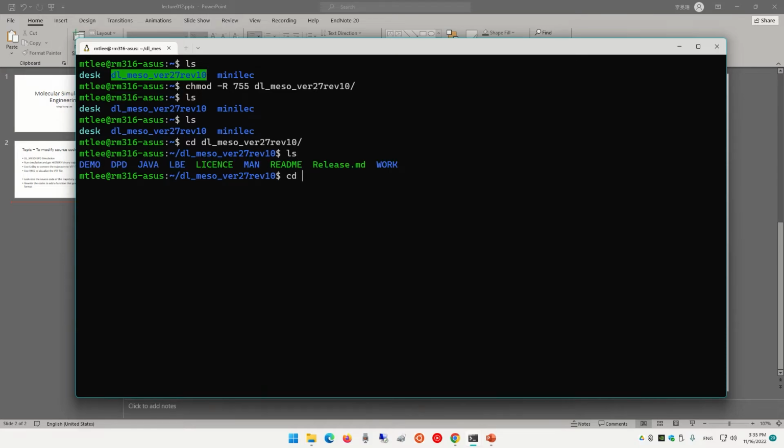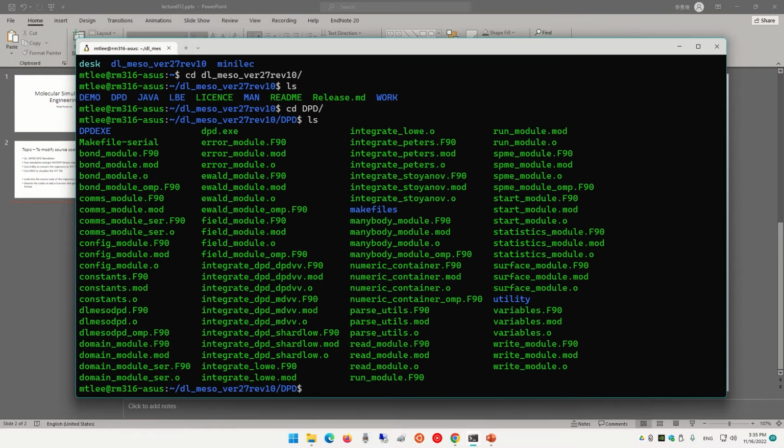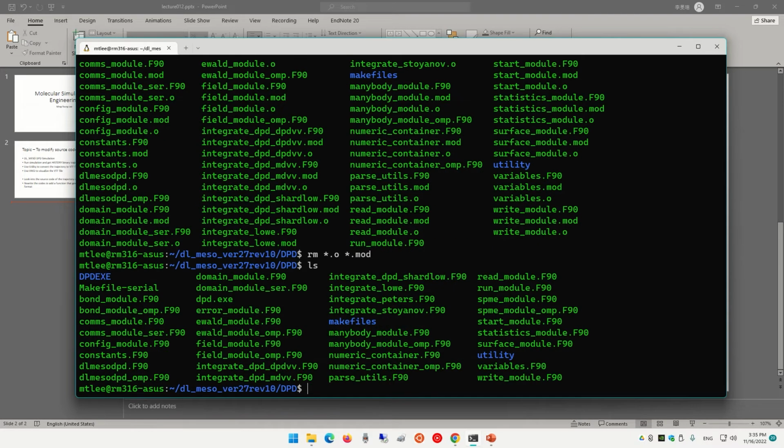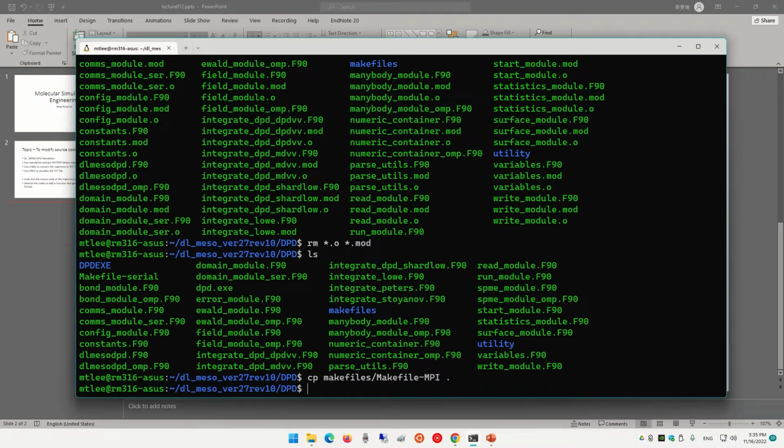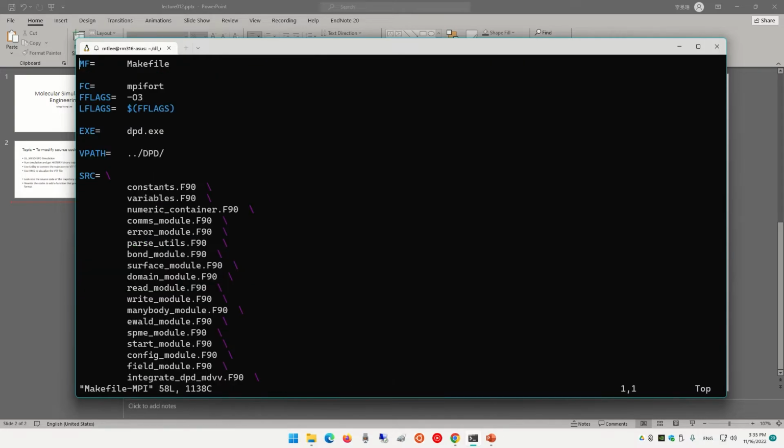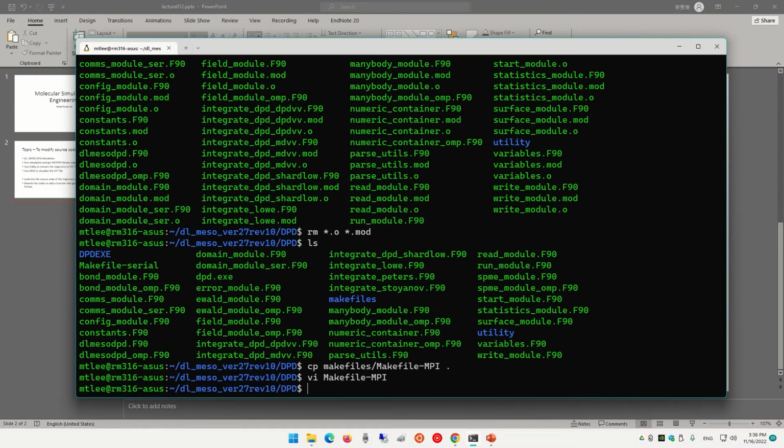But here I need to compile the program, so I need to remove the system files from the previous compilation, and I'm going to copy the makefile, which uses MPI here. And I'm going to use this makefile to compile and install the program. Okay, this is what we need to do here.